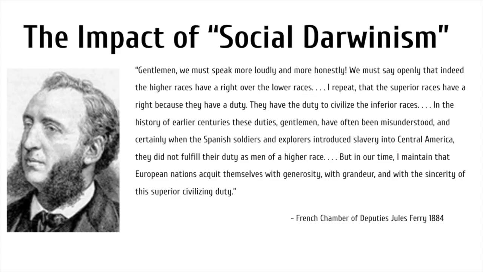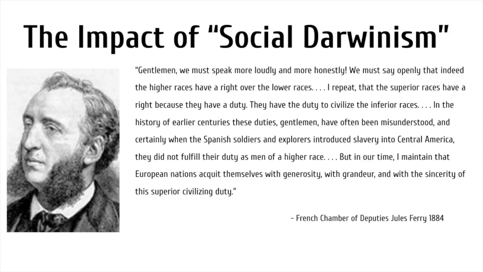Driving all these things, don't forget, is a very strong racist attitude driven by beliefs in pseudosciences like eugenics, which we'll talk more about later, but also social Darwinism. That's the term we're using to describe the attitude of these Europeans who believe that they are more advanced than other non-European people. From the French Chamber of Deputies, Jules Ferry, in 1884, speaking at the conference, he said, "Gentlemen,